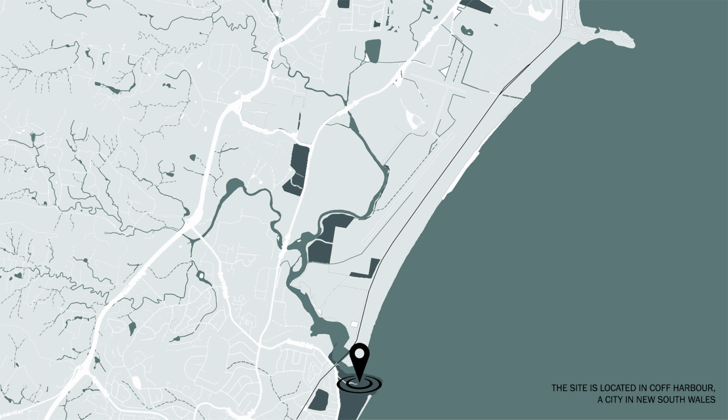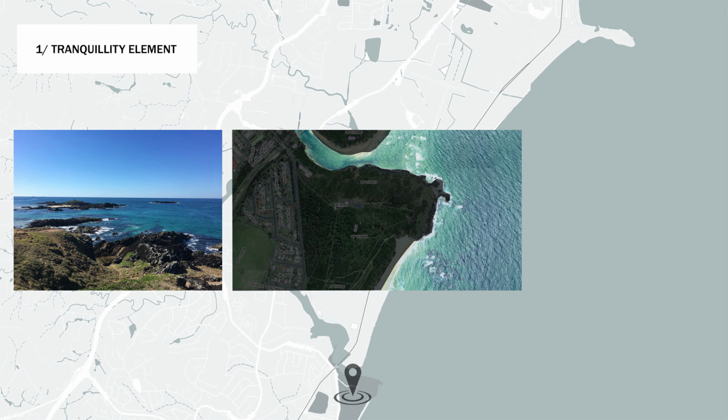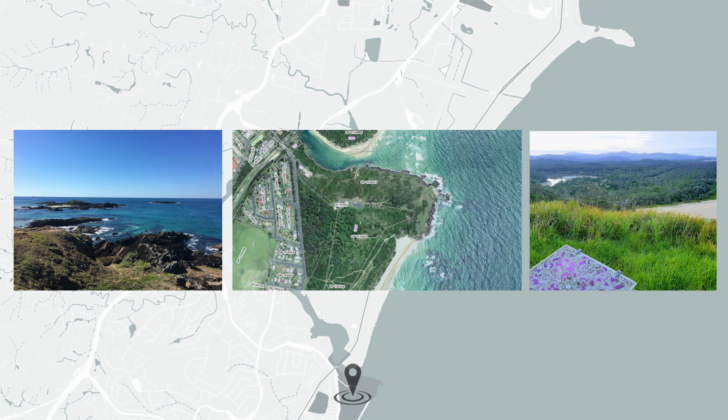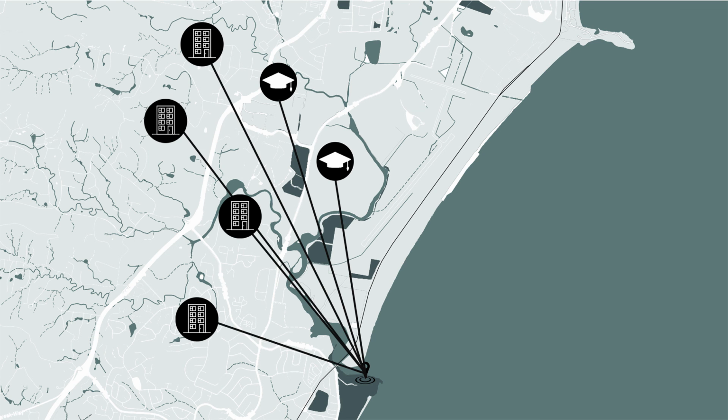The site is located in Coffs Harbour, a city in New South Wales, specifically at Bombay Head, with the setting of a huge water body as vistas and a high percentage of softscape. Tranquility element: a huge amount of water body and a high percentage of green elements provide a peaceful environment and give out a welcoming sense. Motivational site: 2 universities were located 9 minutes away from the site and 360 degrees of cityscape view,